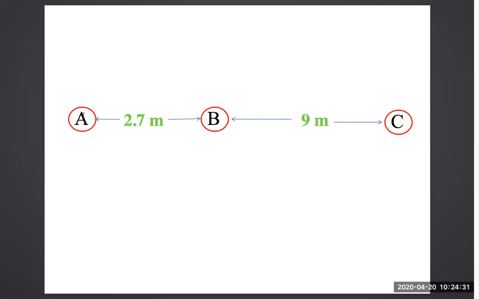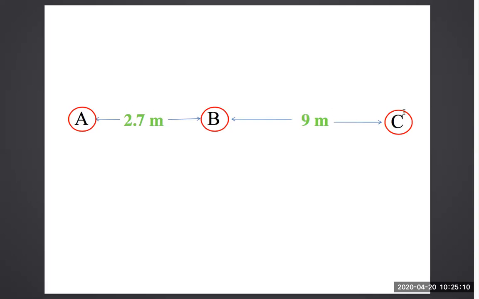The initial reading is exactly at the loaded wheel, and the truck will move from this point 2.7 meters. At 2.7 meters the truck will be stopped and deflection is measured, that is the intermediate reading. And further from 2.7 meters it moves to 9 meters. At 9 meters the truck will stop again, and that is represented by the final reading, or D2. So we measure the deflection. At one point we are measuring three readings.